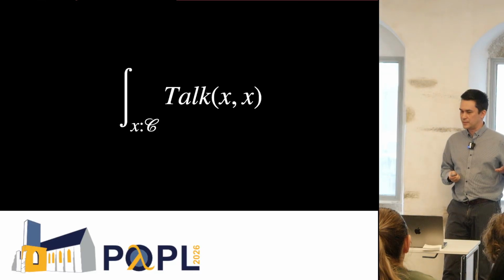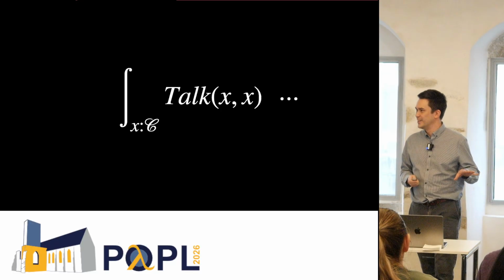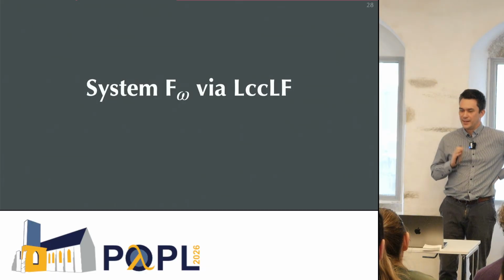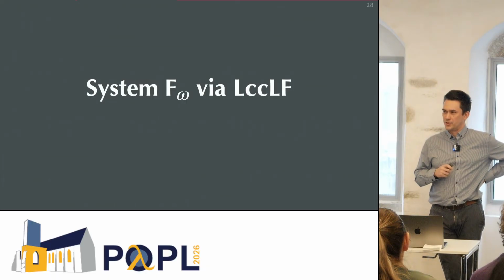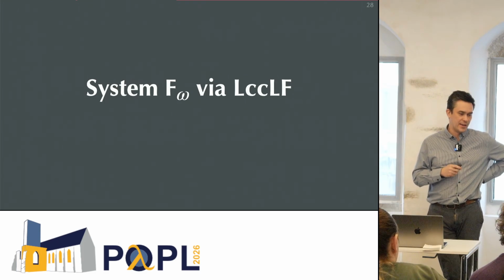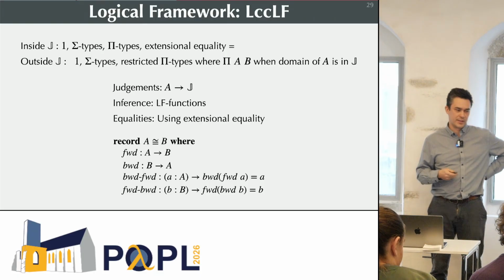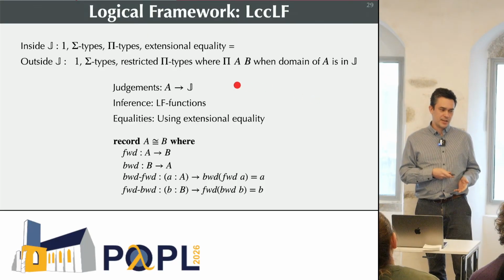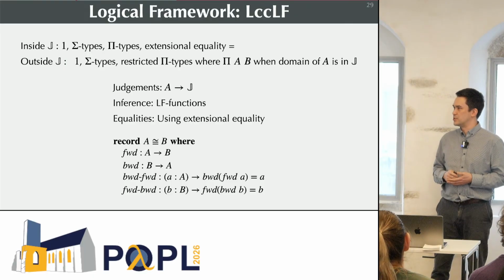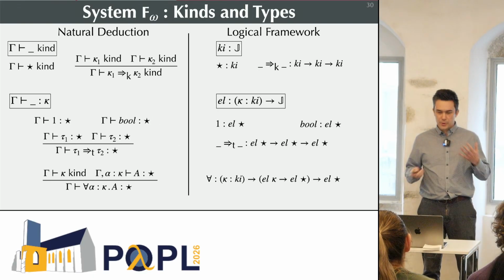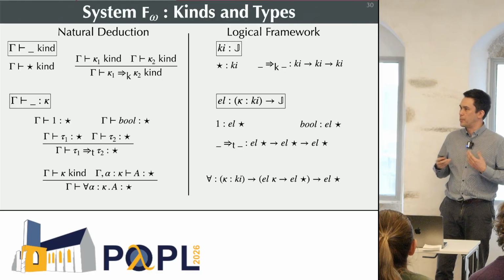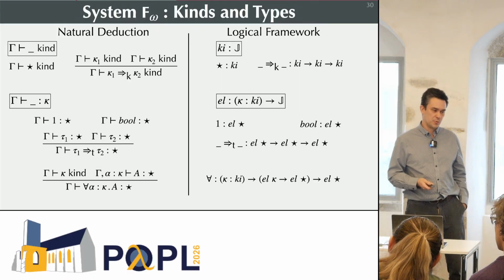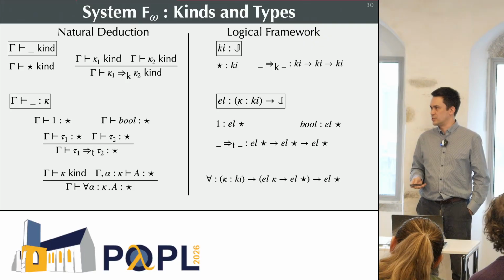So I was going to call this the end of talk, but maybe it's not really the end of the talk. To give you just a quick flash through some of the constructions of doing system F omega in a logical framework, we'd get something that looks like this. The logical framework is basically a Martin-Löf type theory, which contains judgments J and various widgets that you would expect. And I just wanted to have a side-by-side comparison for you of what things look like in the paper. On the left-hand side is the traditional gamma and turnstile presentation that you'd be used to, and on the right-hand side is the exact translation that we'd have in the paper.